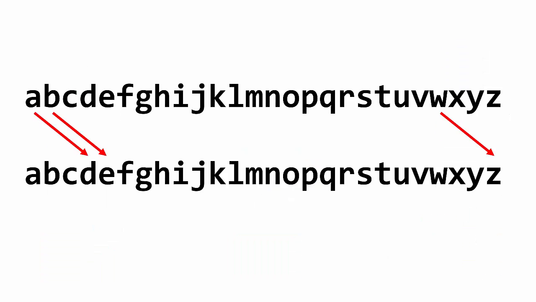Let's take a look at a simple technique you may have learned when you were in grade school on how to encrypt messages. In this case, we're going to shift every letter by 3. So instead of sending you the letter A, I will send you the letter D. And instead of sending you the letter B, I will send you the letter E. And so forth and so on until W becomes Z. And we can wrap around and Z will become C.